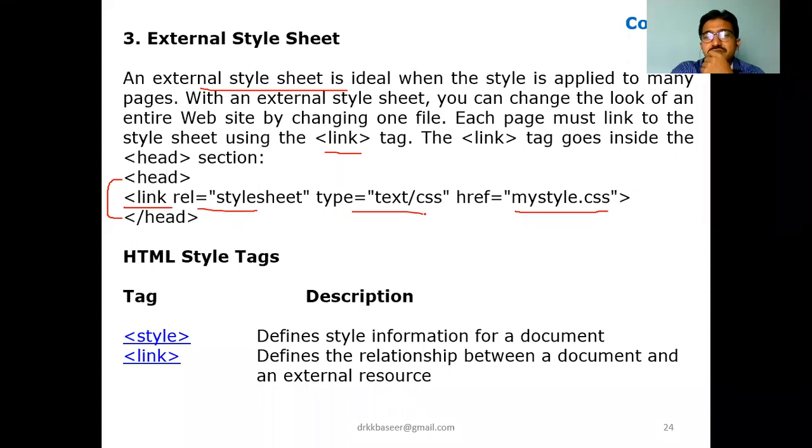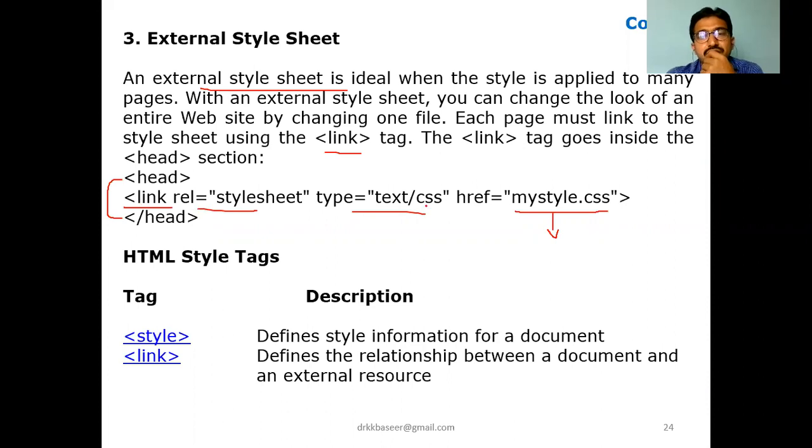Type is text/css, which means it is CSS. Href is used for references, like src for images; href is used for anchor tags, so you are linking the hyperlink. With the href attribute you use equal to, and if it is a relative path, you can use mystyle.css. If it is an absolute path, mention the entire path. Like this, we can link our CSS file as external with the help of the link tag.